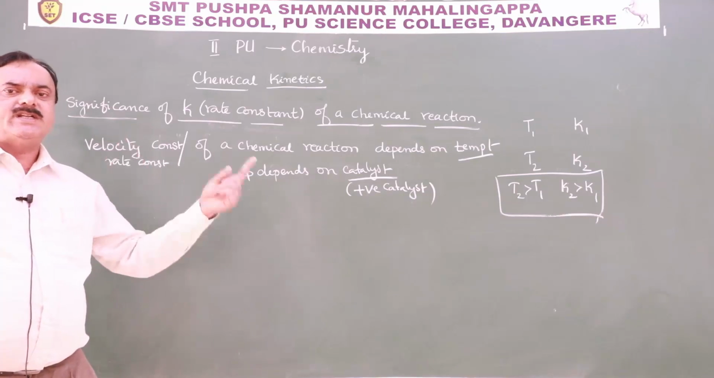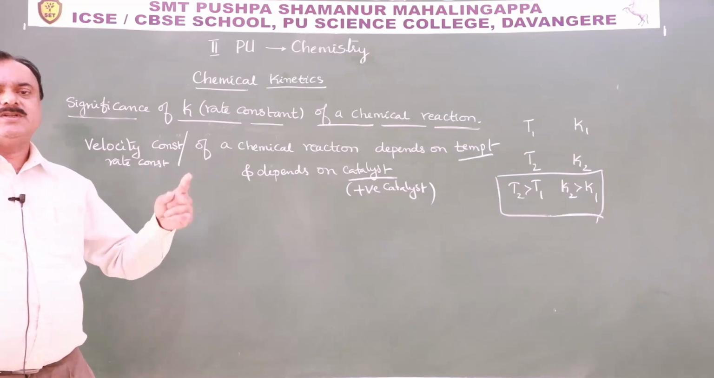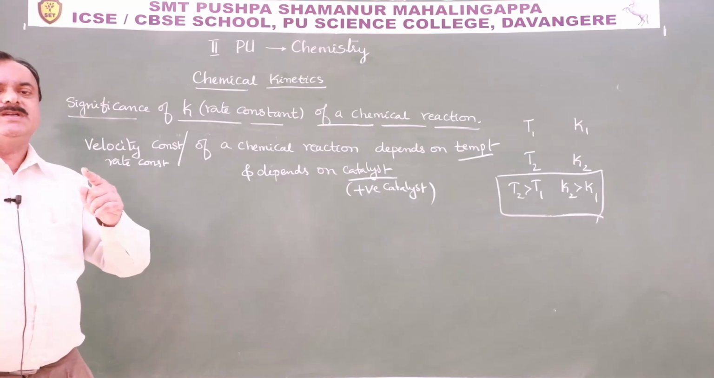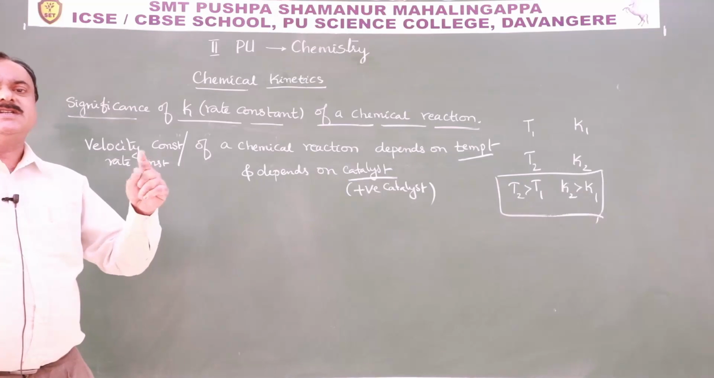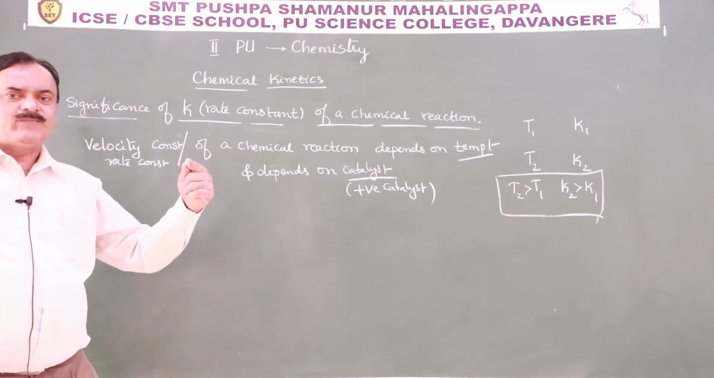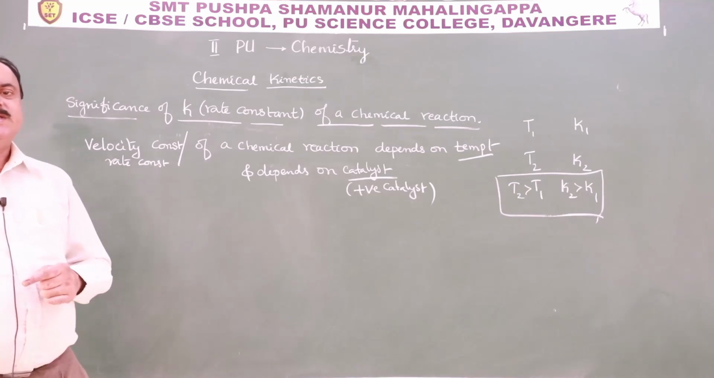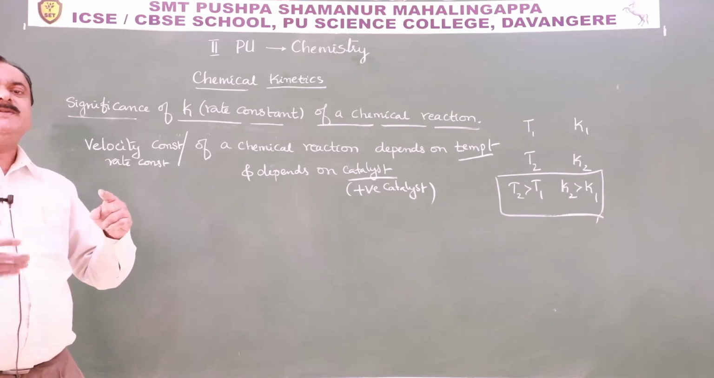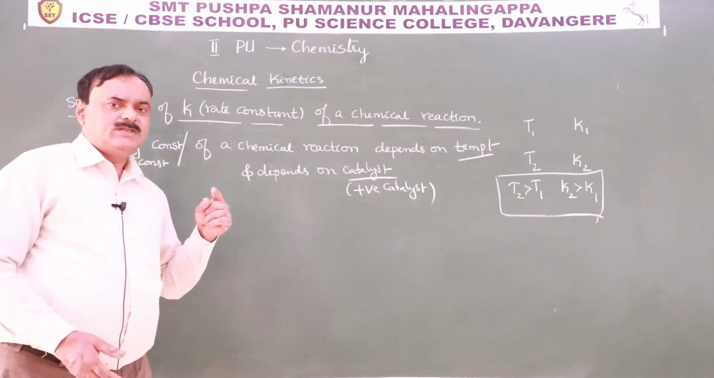At any instant of time t, the velocity constant is found to be always constant. Therefore, for a given elementary chemical reaction, the velocity constant is always a fixed value. You can check at any instant of time t. This is the first significance. Second significance, already mentioned, suppose the number of chemical reactions is more,